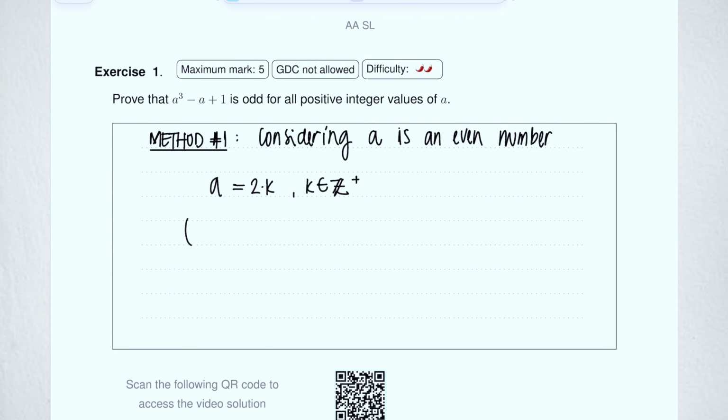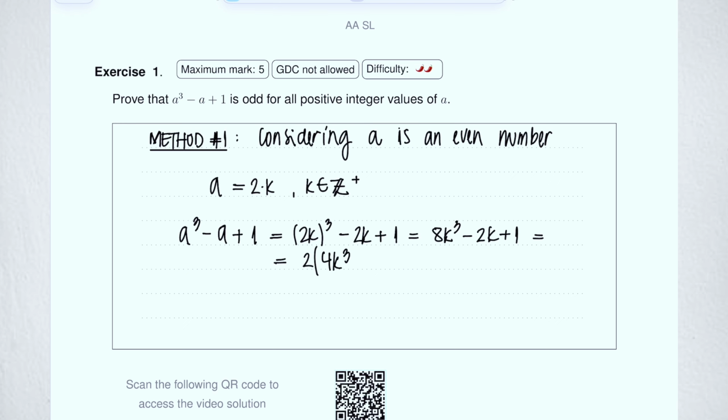If that is the case, A cubed minus A plus 1 is equal to 2K cubed minus 2K plus 1, which is 8K cubed minus 2K plus 1. And we can factor out a 2 in these first 2 terms, getting 2 times 4K cubed minus K, plus 1. Now, given that this is even, and whenever we add 1 to an even number, we get an odd number,